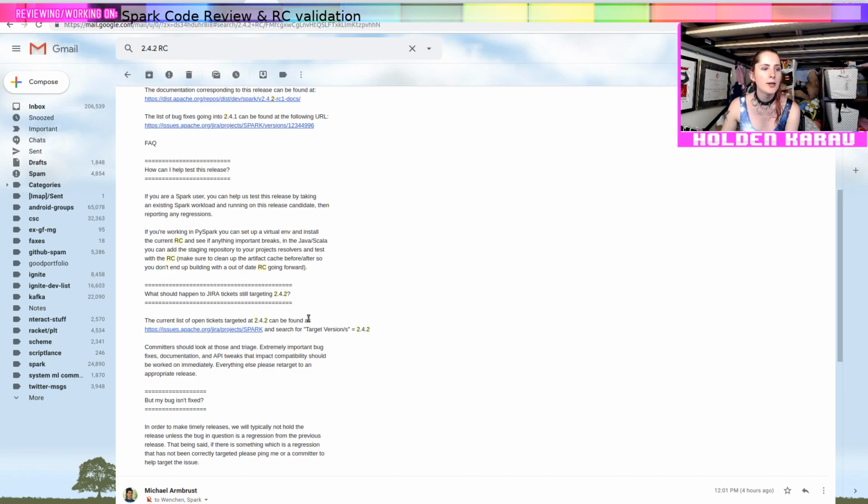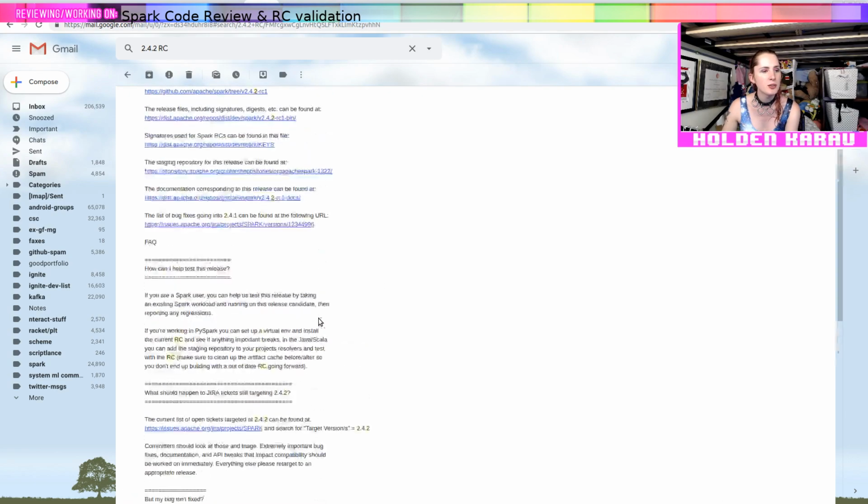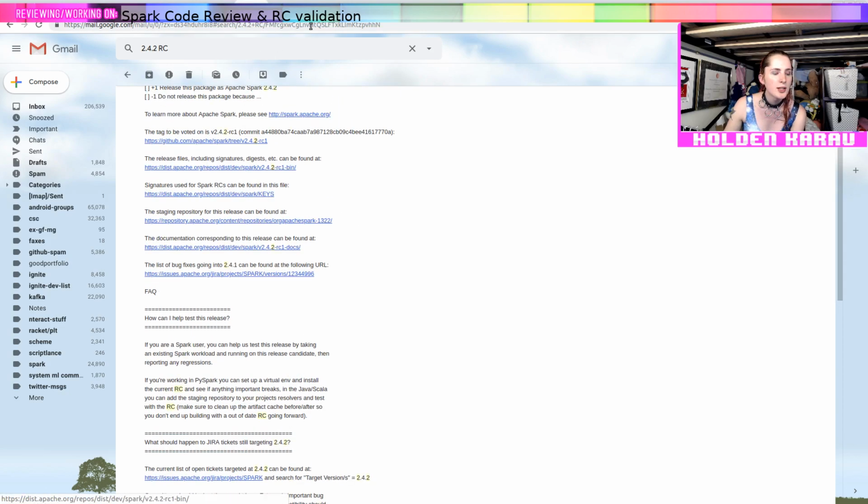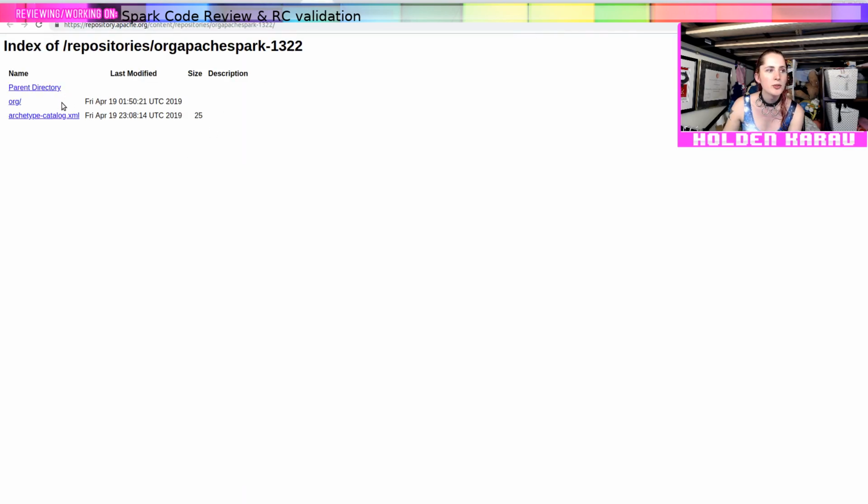I could test Spark testing base with this. There's this nice staging repository, super lovely. So what I'm going to do is test Spark testing base really quickly with this. Now the thing is, when we use this, afterwards we have to remember to delete the artifacts from our cache,